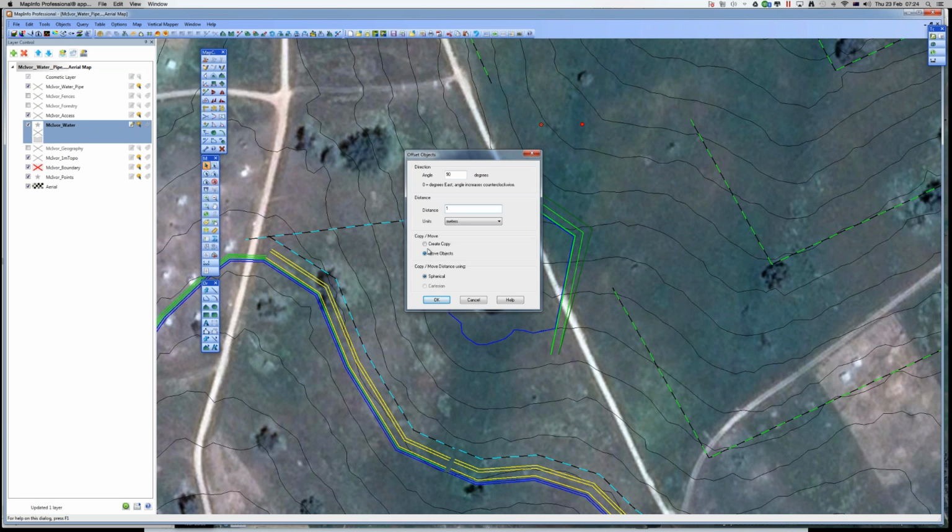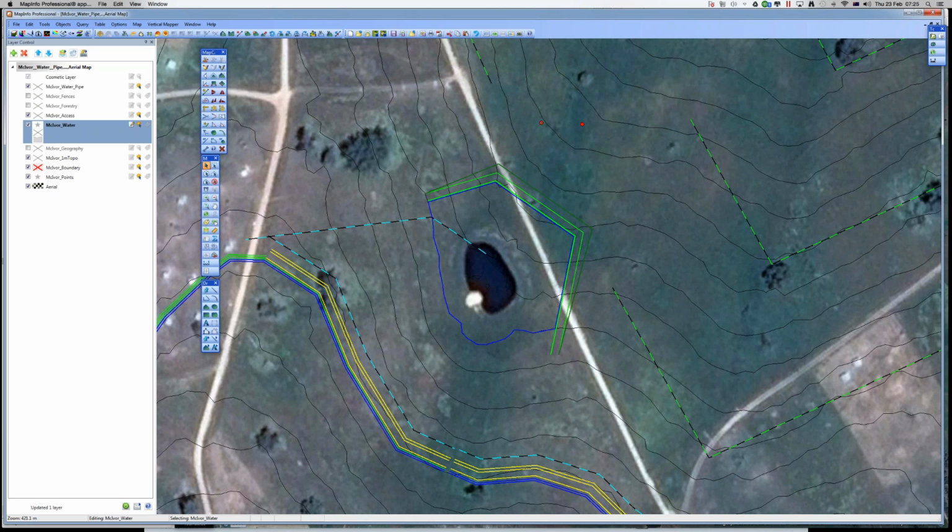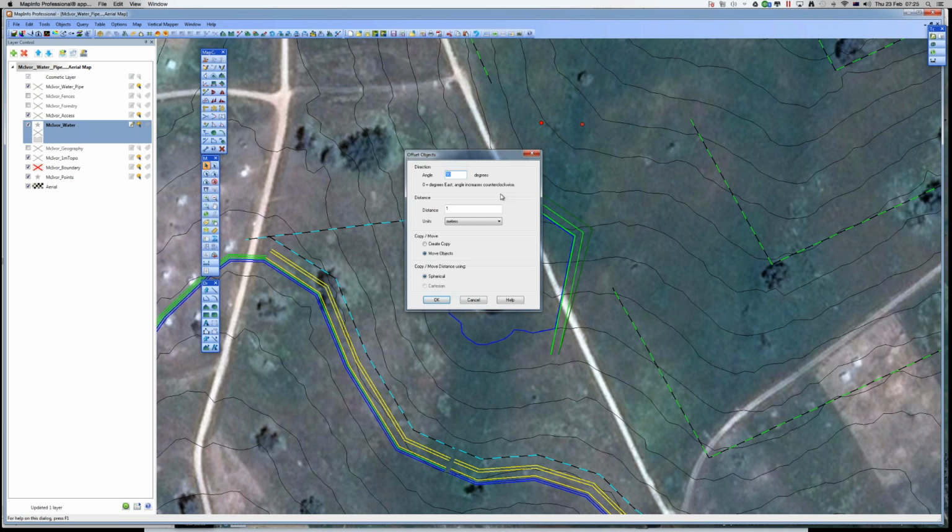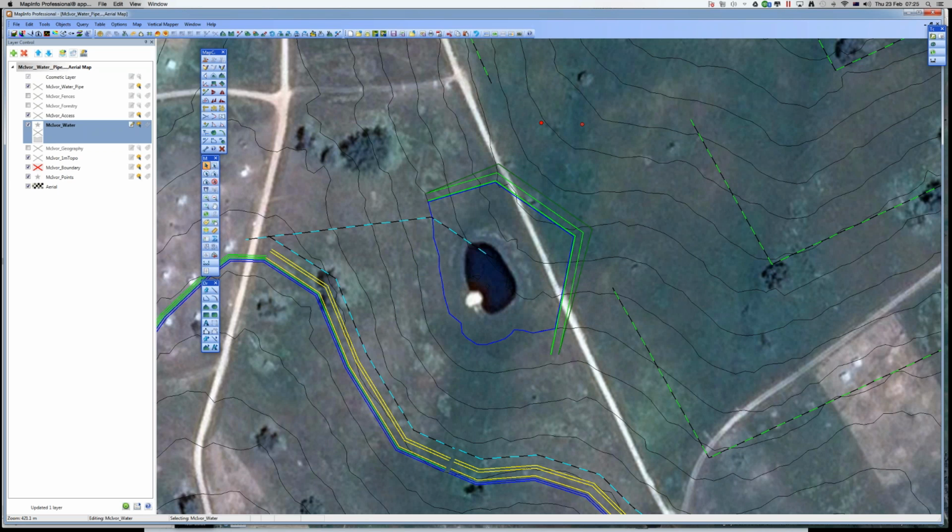Now I'm going to get it to move the object this time, as opposed to copy it, and it will go up 1 meter. And then again, what was that distance? I've got 35, 36 meters. So now I go back to the original one and I repeat the step. I go to 180 degrees, 36 meters, create copy, which I just use the Alt-C to hotkey it,